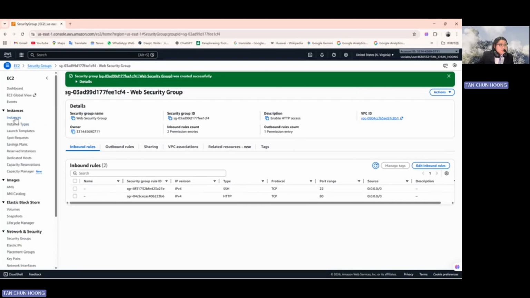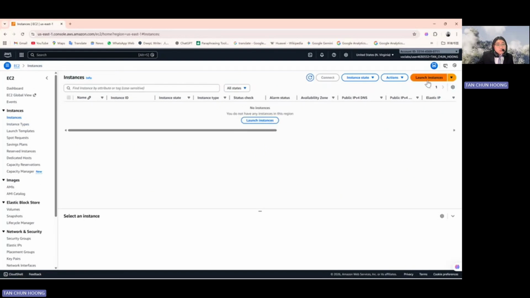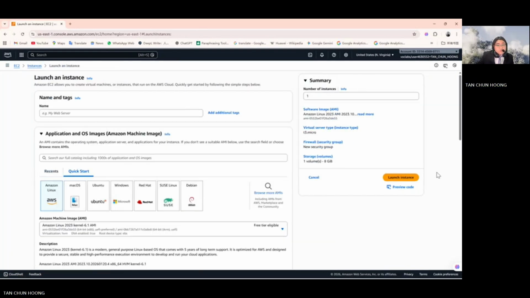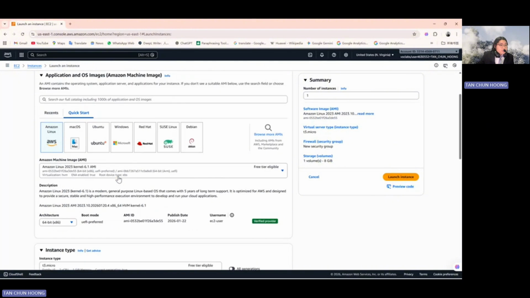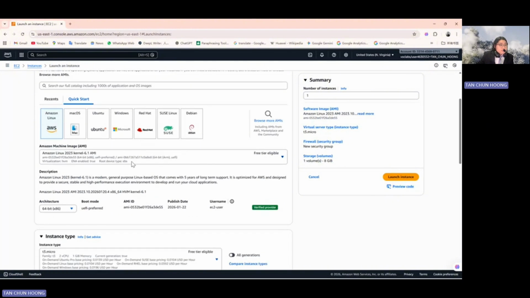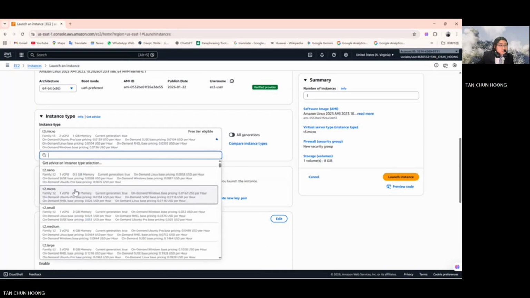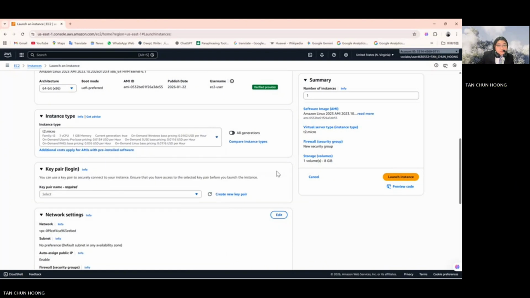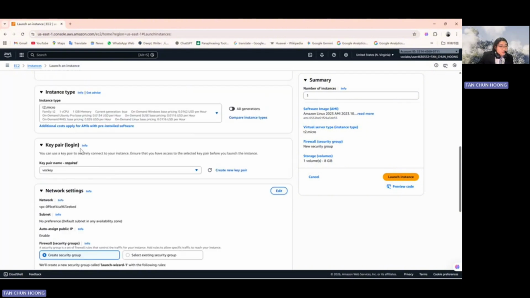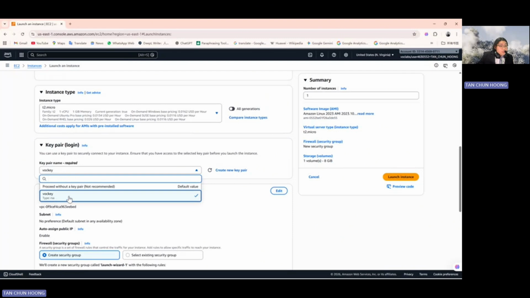The next thing I would like to create is the instance. So we need to launch instance. For the instance name, it is web server. For the application and OS image, we select Amazon Linux and the AMI is default. Next I would like to choose the instance type. We will choose t2.micro, because the t2.micro is cheaper. Next is the key pair. For the key pair, we choose a key to use to access the command line of the web